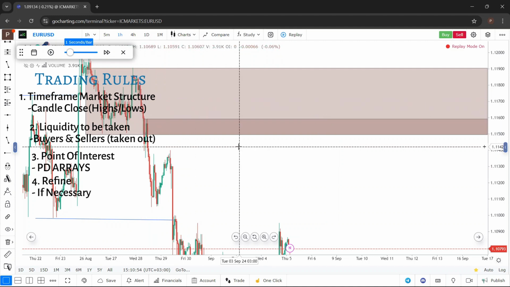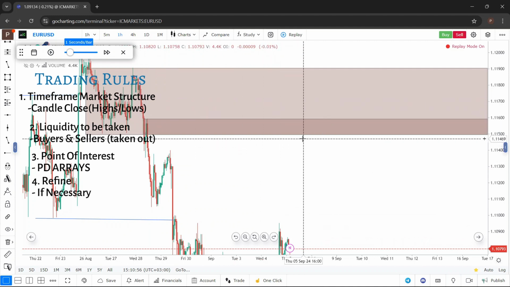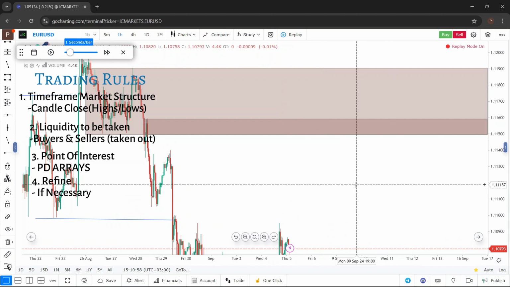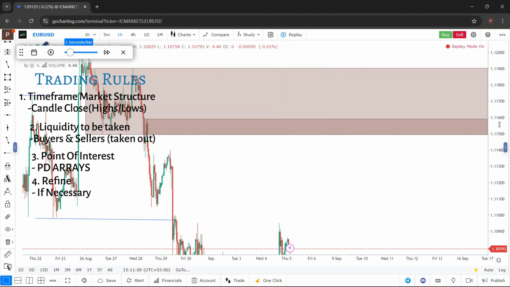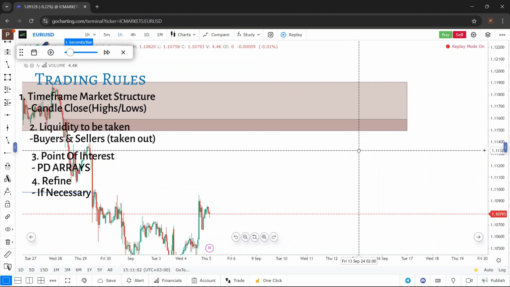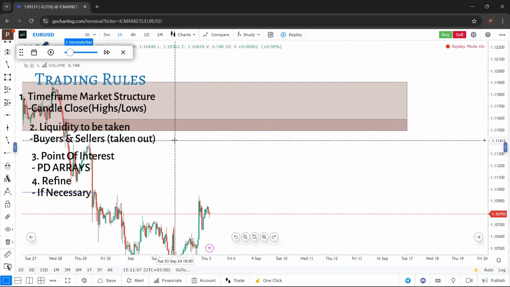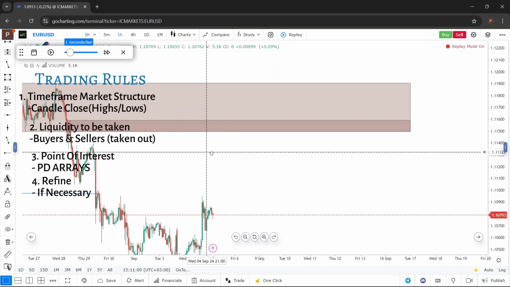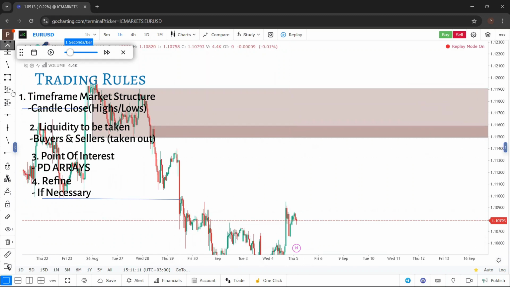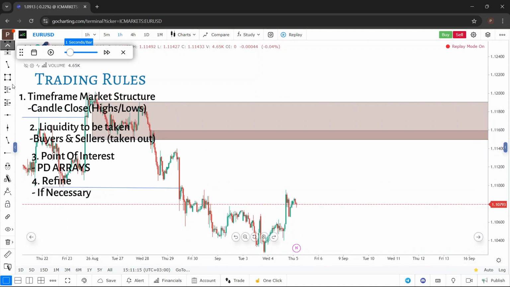So I only go there if I don't understand something on 1 minute or it doesn't align with my risk management strategy. That's the only thing that makes me go to 5 minute time frame. Okay. Now, next we just wait. We play the price and wait. After aligning something like this, I just wait for the price to start coming back to my point